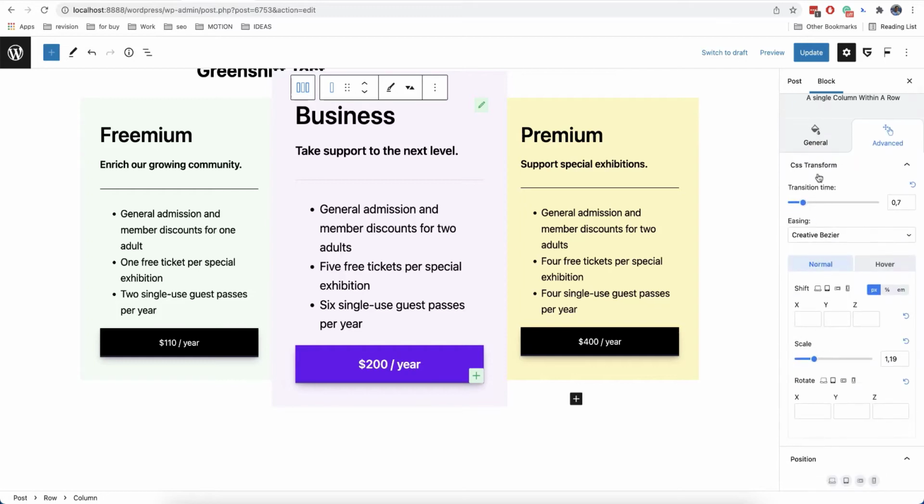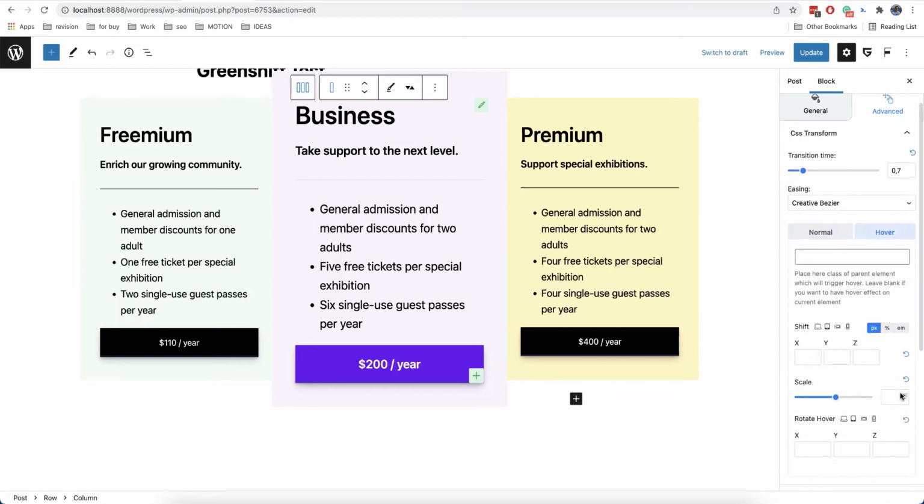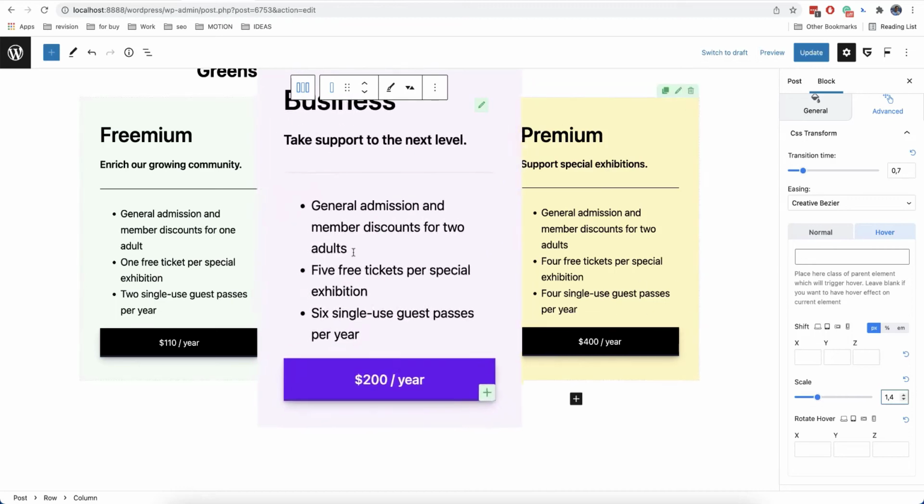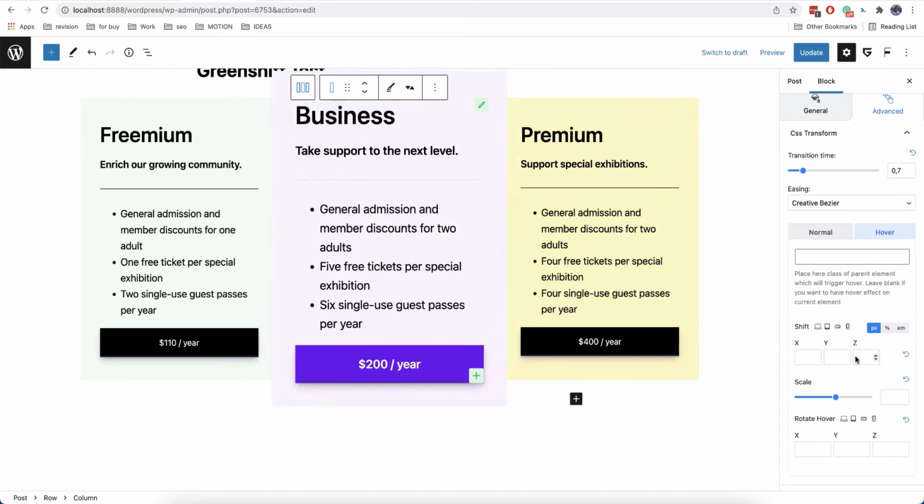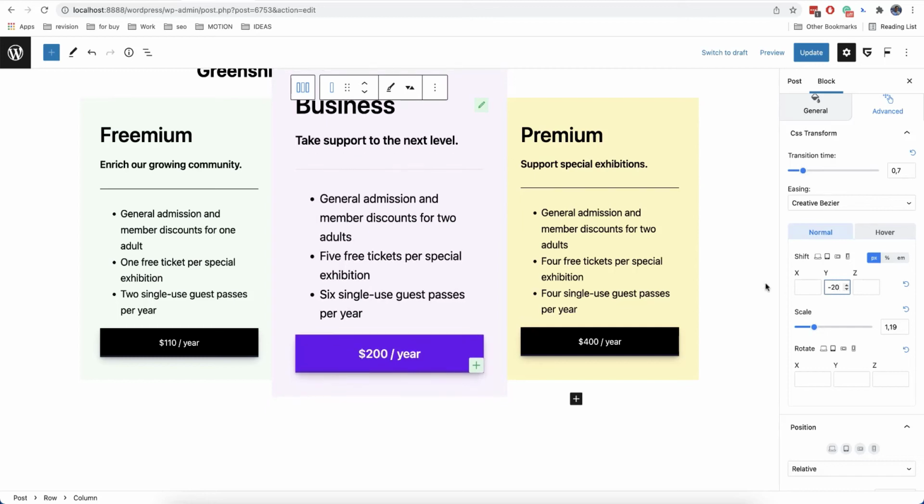Also, here there is an option to add transformation, not only on the element, but also on its position when the mouse cursor is on it. So let's change the scale here. Now when the mouse cursor is on it, you can notice that the column is getting bigger, like this. We can also shift it from here. So we can add some values,